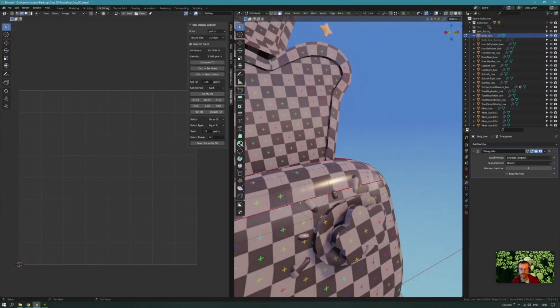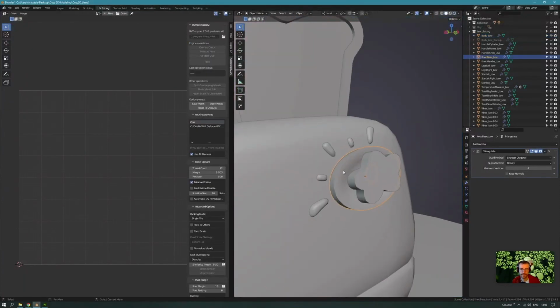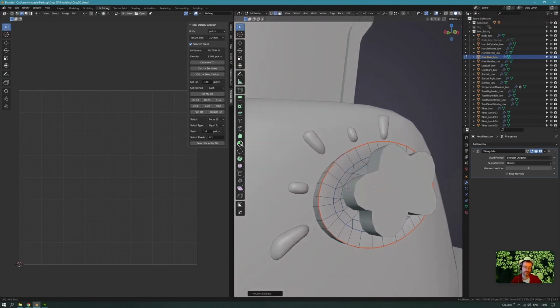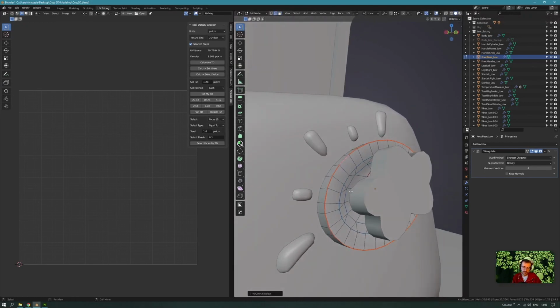Then we move on to the unwrapping process, which is basically applying seams and then basic unwrapping. There are a few rules. One is, as much as I understood, it's kind of optional, but it helps with getting better bake results. Every time you have a sharp 90-degree angle, in order for the normal map to bake more nicely, you can mark it sharp and put a seam